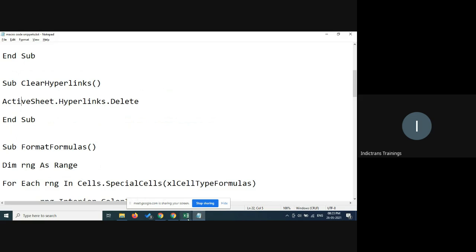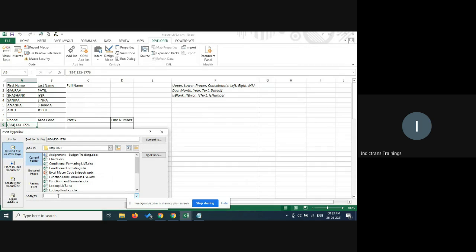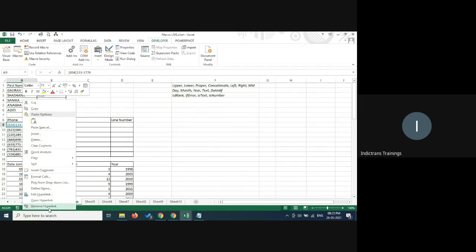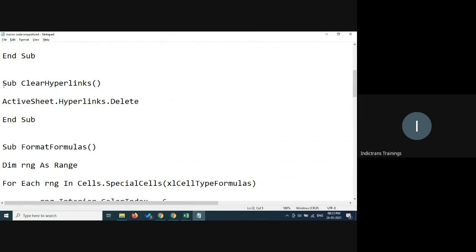So for example, if I have a hyperlink over here, I just create a hyperlink, and I put something, www.in, and I say OK, and a hyperlink gets created. Here you also have the option to remove hyperlink, but this particular macro is actually very useful, because many times you get Excel data with many hyperlinks, and going individually and deleting all the hyperlinks becomes a painful activity. So just writing a single line of code would do the trick.